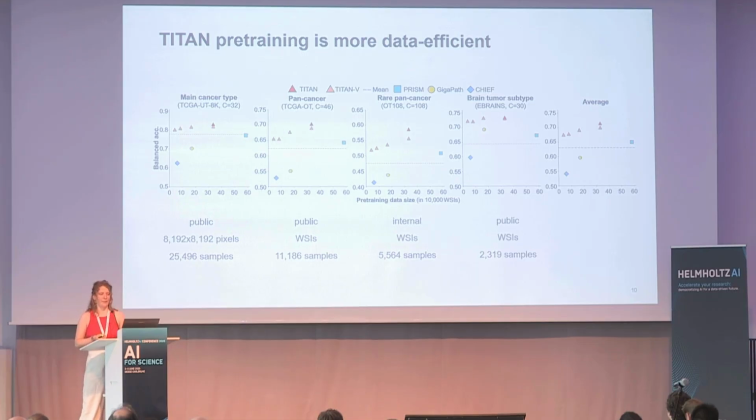and also on whole slide image scales where we tested on TCGA, which is the largest publicly available data resource, and then also on an internal data set which involves more rare cancers as well, and then also a brain tumor data set which is called eBrains, which is very challenging with rare diseases. These are also the 4 core tasks, so where we evaluated our model mainly on,